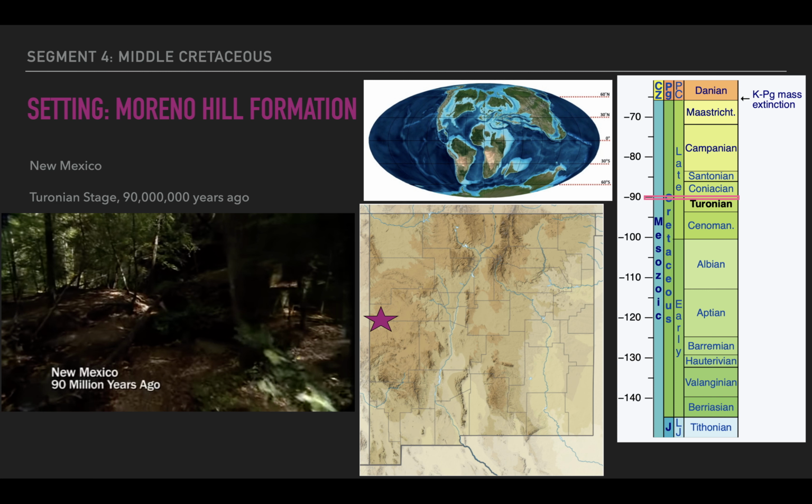Sure. So, real quick, before they get straight into the dinosaurs and all that, the segment begins with a shot of Albuquerque, New Mexico, where they say without the Rio Grande River, New Mexico's largest city would basically be parched. But 90 million years ago or so, it was a tropical swamp. And based on what I've read up on the Moreno Hill Formation and its geology, it's a coal-bearing formation, which, if I may delve a little bit into conventional geology, if you find a formation where there's a lot of coal, what that typically means is that it's a